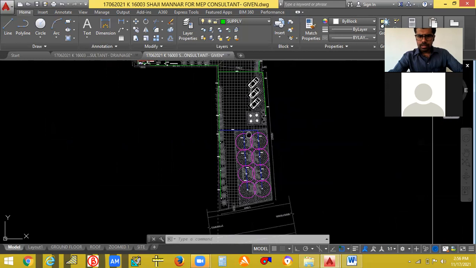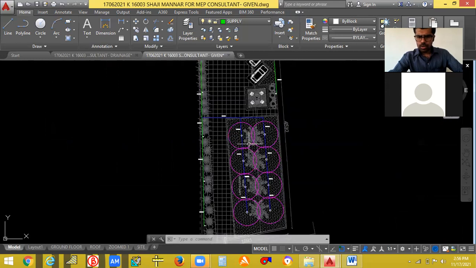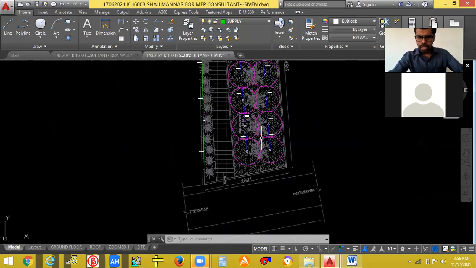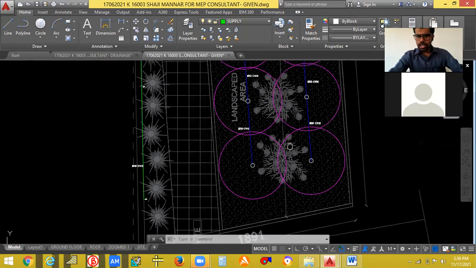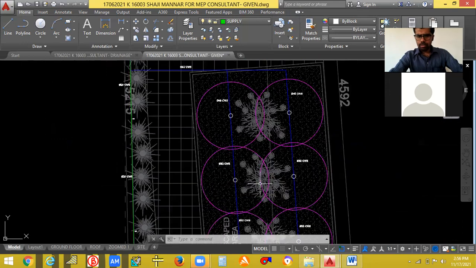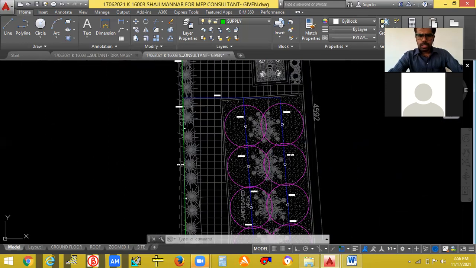And this area is used for sprinklers only. So these are sprinklers, and this rotation means this much area is being covered by the sprinkler, or this much area is being covered by water. That's why I have circled it. So all the area you can see is covered with water. Okay, so this is the sprinkler system.